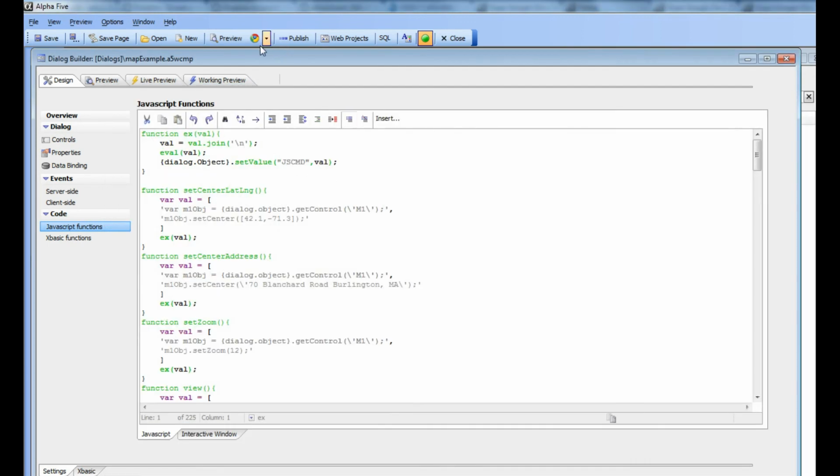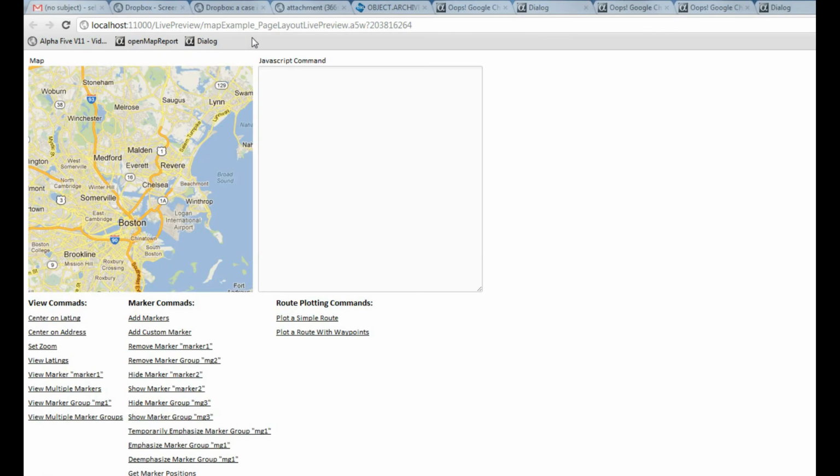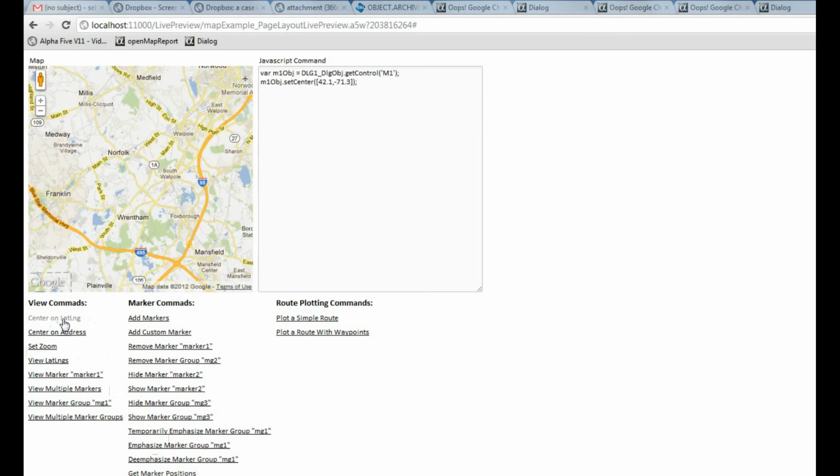In this video, what we'd like to do is take a tour of the various methods that the map control object makes available to you as a developer working in the dialog component. So you can see here we have a map control, and then we've got a bunch of buttons over here that call the various methods of the map object to demonstrate what they do. So for example, if I click on this button over there, you can see here we've executed this method of